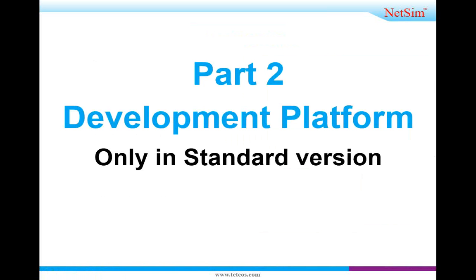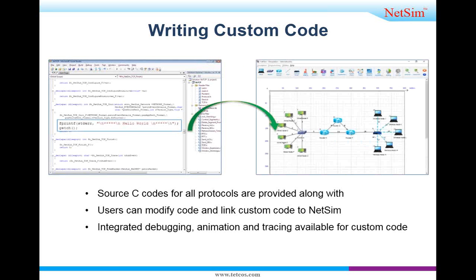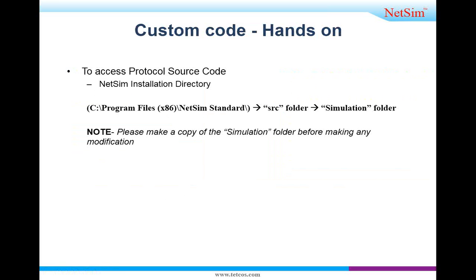Now the development platform in part 2. It is available in the standard version only. Here you can see in the custom code, there are two screenshots. One has the programming and one has the GUI. Here some changes are given, like hello world is printed here. So when you build it and link it with the NetSim GUI, it will show you the hello world printed in the CLI mode. That I'll show you in further experiments. This custom code can be